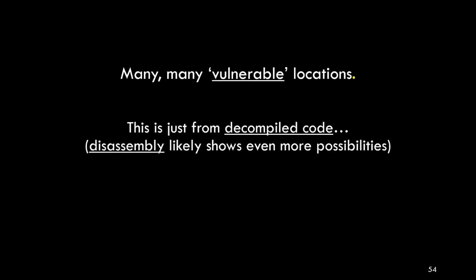So there's actually many vulnerable locations where we can do this under the assumption that we can modify instructions. And we are doing this just from the decompiled code. If we would be looking into the actual assembly instructions when we disassemble the code, it's likely that there's a whole bunch of different locations, many more than we already looked at, where we can actually influence the solver in a way that allows us to bypass the range check.